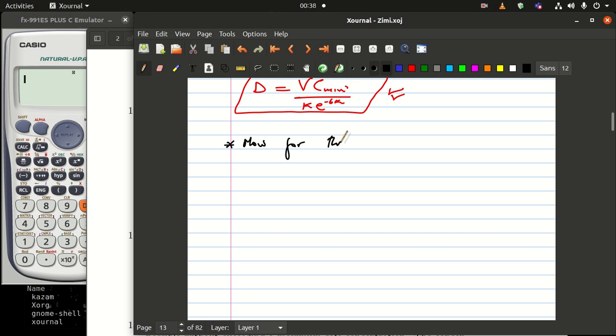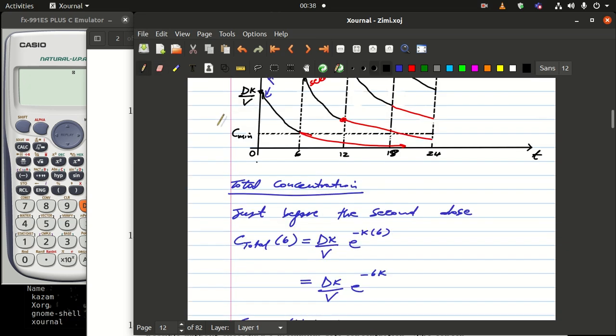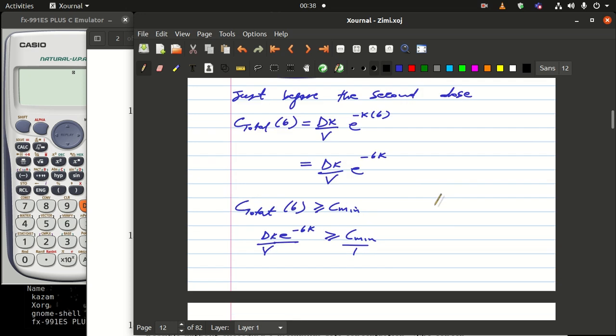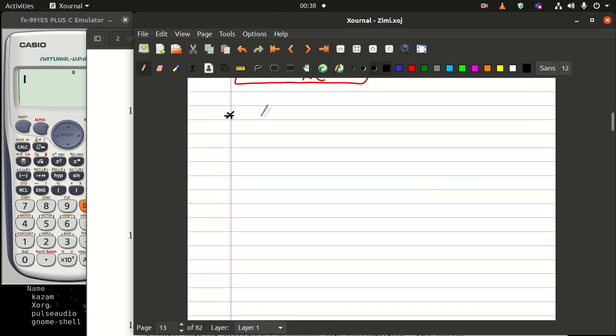Now for the second, or let me write it like this so that it's not confusing. I want to write it like I wrote it here. This one I was just focusing on the total concentration just before the second dose, so I want to talk about just before the third dose. So before the third dose, I want you to note that we have